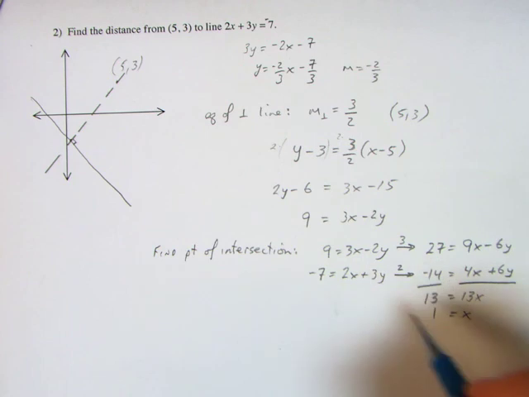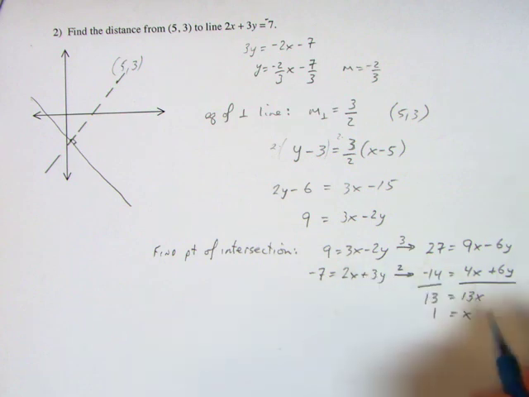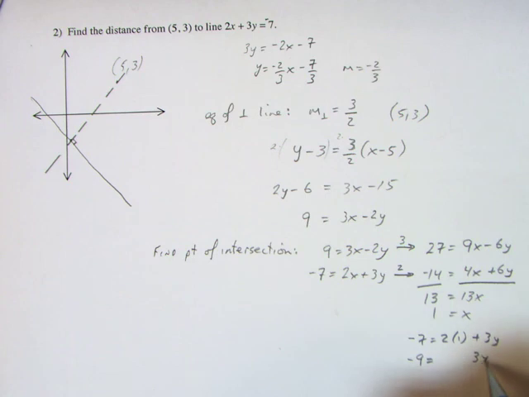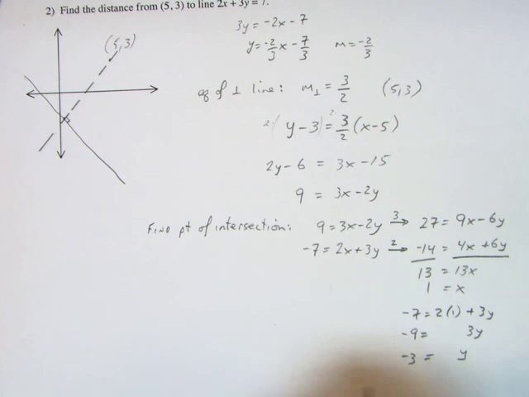Plug it back into one of the two equations to find out what the y value is. It really doesn't matter. Since we're finding y and this is positive, I'd rather use that than the negative. So we'll have -7 = 2 times 1 + 3y. This is 2. Subtract 2 from both sides. We get -9 = 3y. So y = -3. Now we have our point,